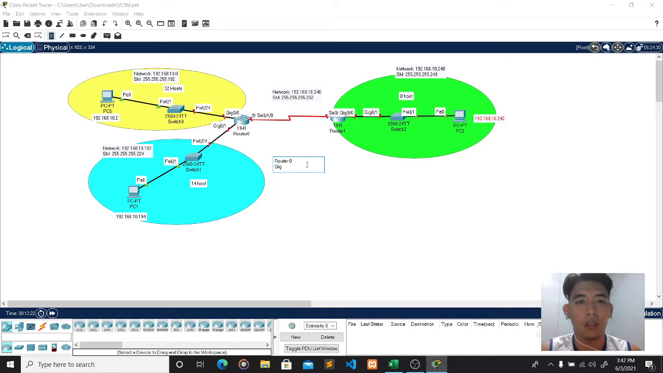Gigabit Ethernet na 0/0 is 192.168.10.1, and sa gigabit 0/1 is 192.168.10.193, and sa serial interface 0/1/0 is 192.168.10.240.241. So this is for my router 0, and for my router 1 is